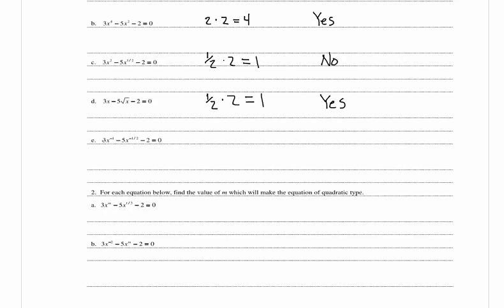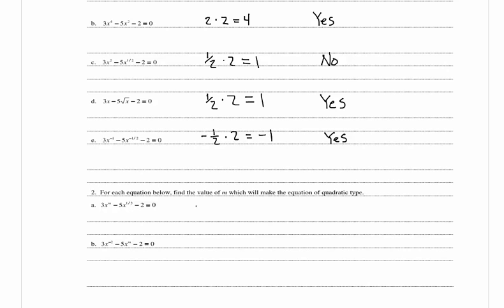In E, we have 3x to the negative 1 minus 5x to the negative 1/2 minus 2 is equal to 0. So we have negative 1/2 times 2 is equal to negative 1. And negative 1 is the exponent of our leading term. So this is of quadratic type. And now in 2 it says, for each equation below, find the value of m which will make the equation of quadratic type. So in A we have 3x to the m minus 5x to the 1/3 minus 2 is